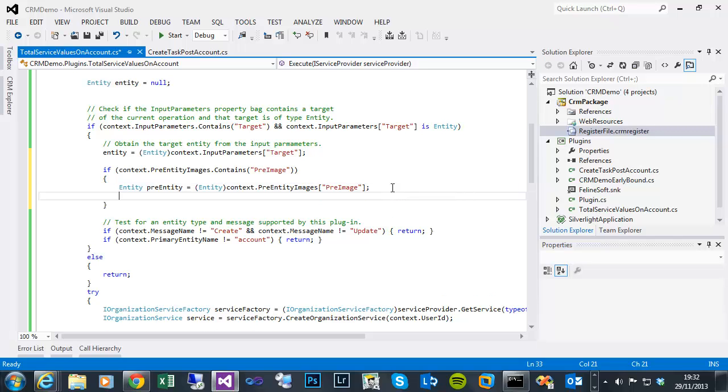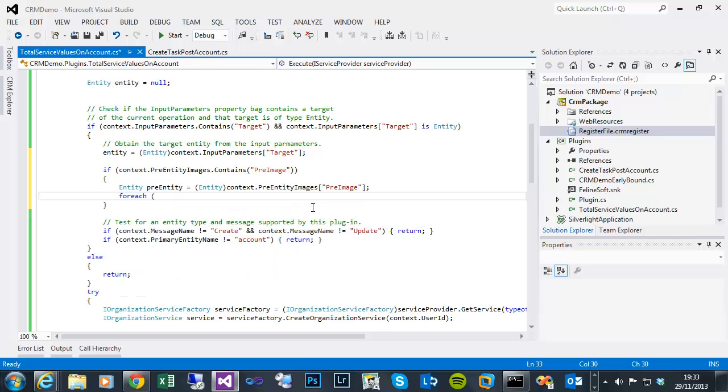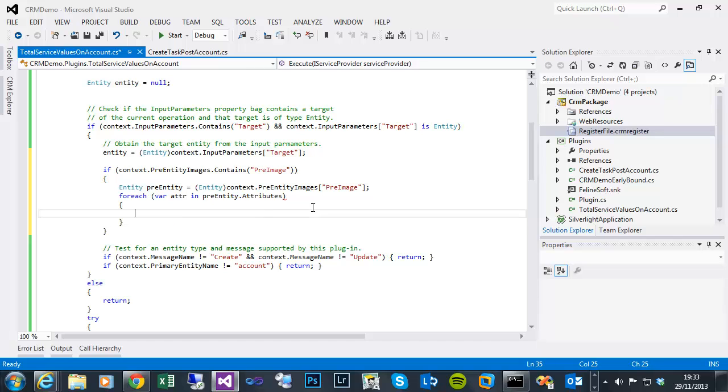And what we can then do, so all that will contain is service A, service B and service C before they're manipulated. So if we've only updated a single value, we need to get hold of the other two values, or if two were updated and one wasn't, we need to get access to the missing one. So if we do a for each and iterate through all the attributes within that pre-entity image, so every single attribute